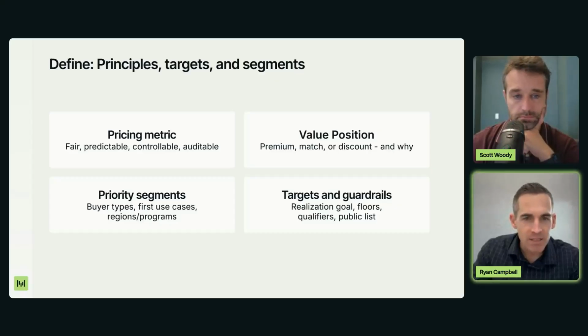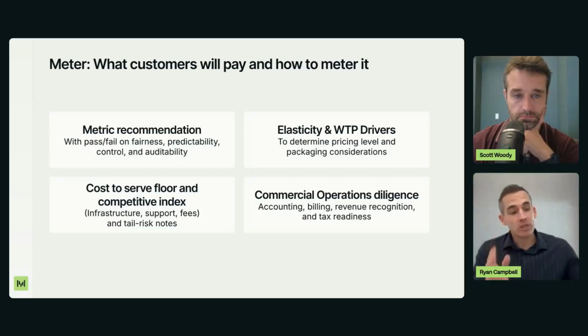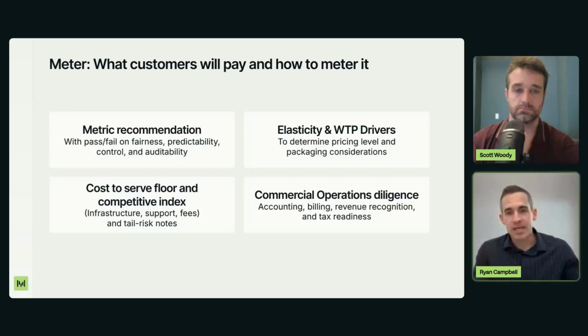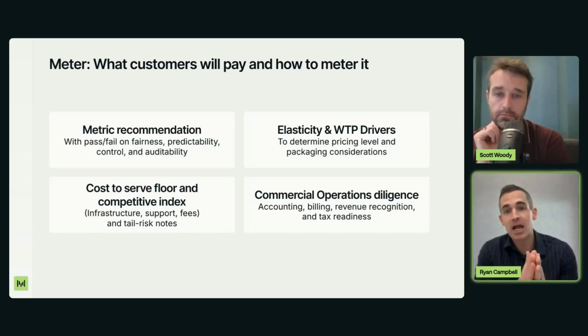So if we go to that next phase, then I would say, once you have that definition of what you want to test, what you want to try and go do, I think it is super important then to go do research. Now, research can be a lot of different flavors, right?